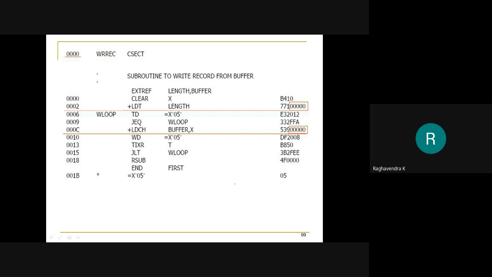Along with that, we also need to pass a few more pieces of information from the assembler to the loader, because now the majority of the work is being done by the loader, not the assembler. The assembler simply puts 0 and passes the information that wherever it has put 0, the loader should do a modification. What the modification is, the assembler has to tell.